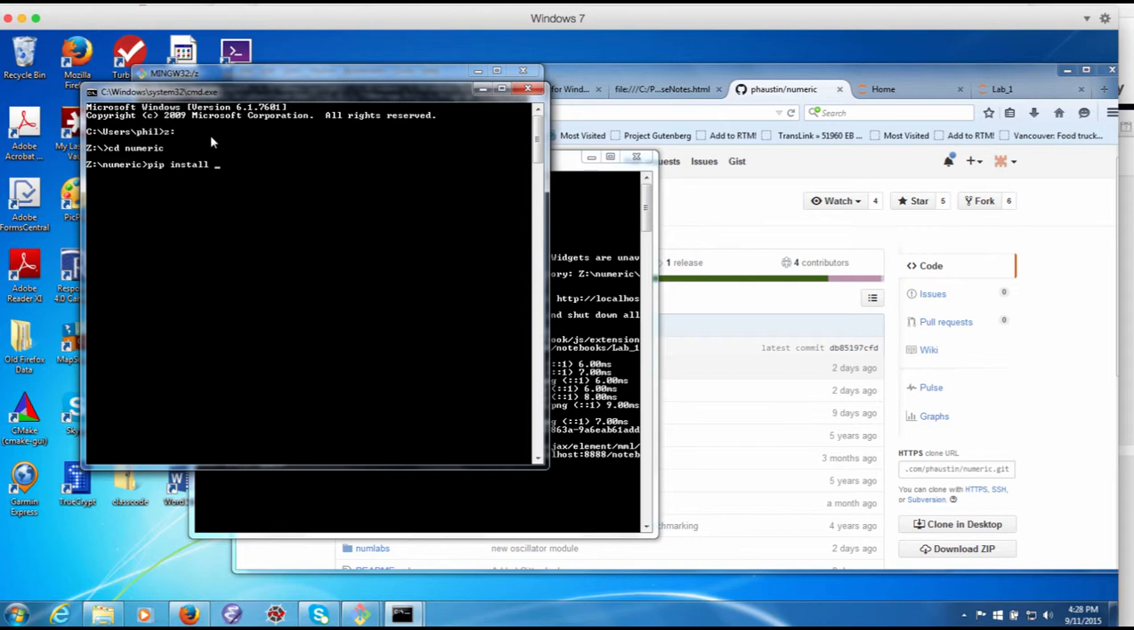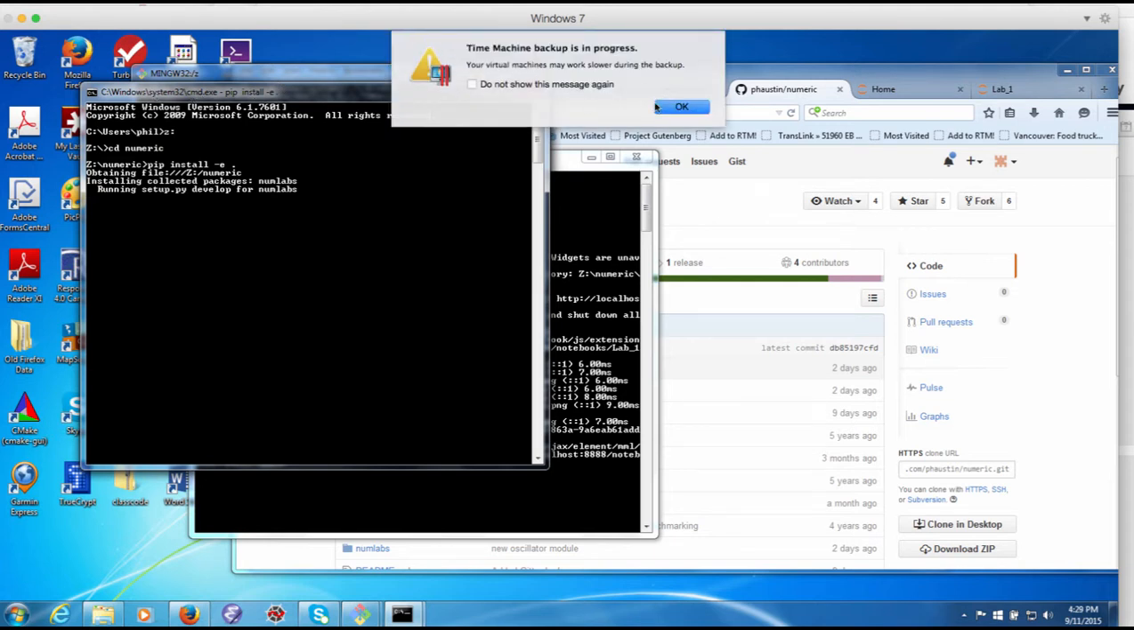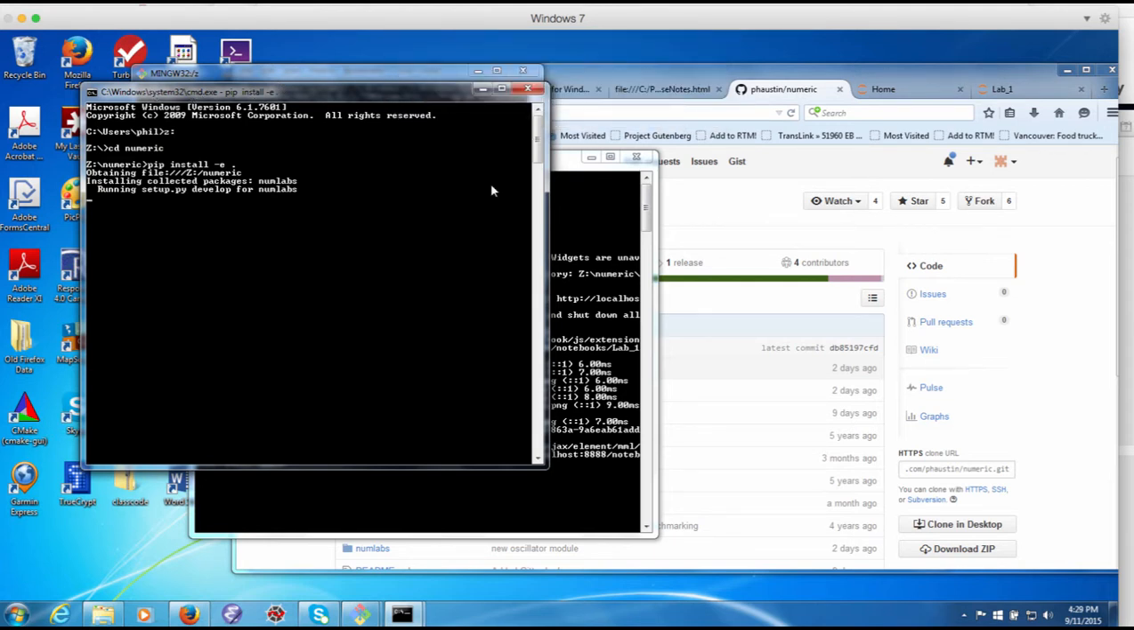So do pip install -e dot, and you should then see pip obtaining the numeric files and moving a pointer into the Python package list so that it knows how to get Num Labs. Alright, so at this point then, again, you're running the Windows command shell, and you should be able to, from a Windows prompt, start IPython,